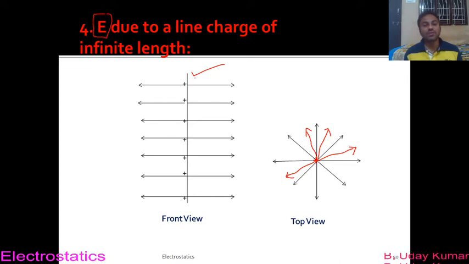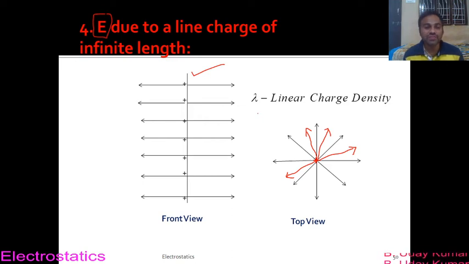Okay, so you know the different types of charge distributions, right? There are three kinds of charge distributions. One is linear, another one is surface, and the third one is volume charge distribution. So this one is purely an example of linear charge distribution, and hence whatever derivations we do can be studied or understood in terms of linear charge density, which is denoted by lambda. So this is linear charge density.